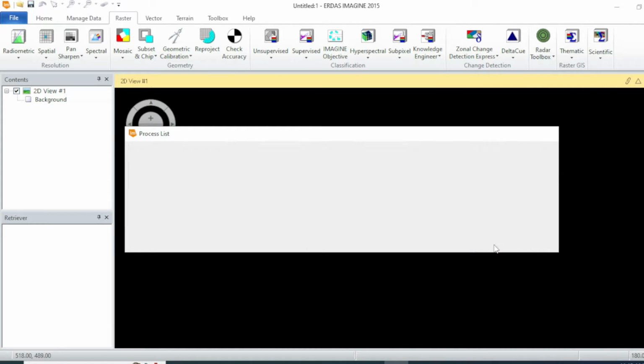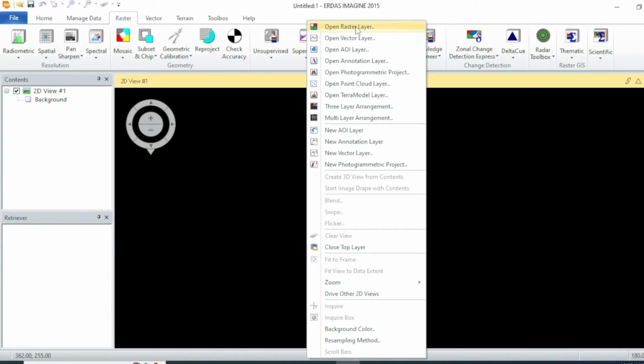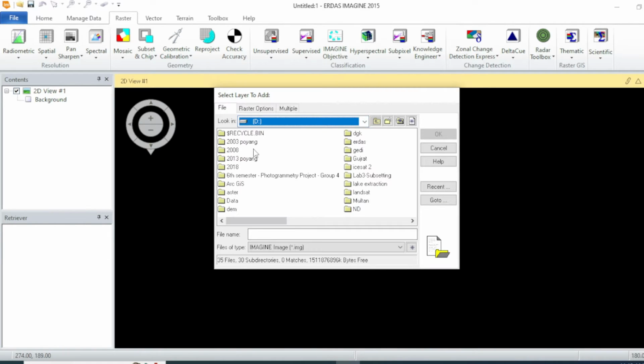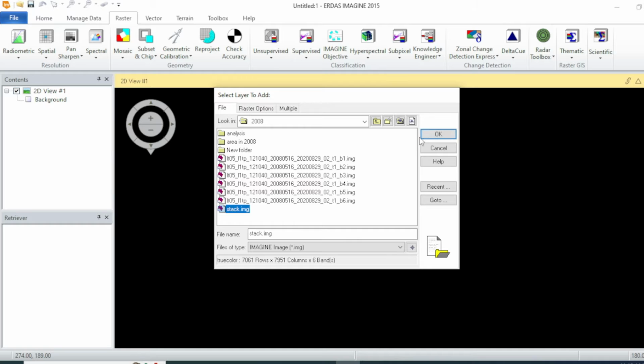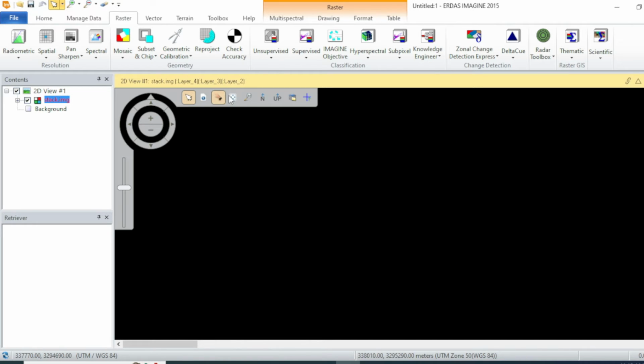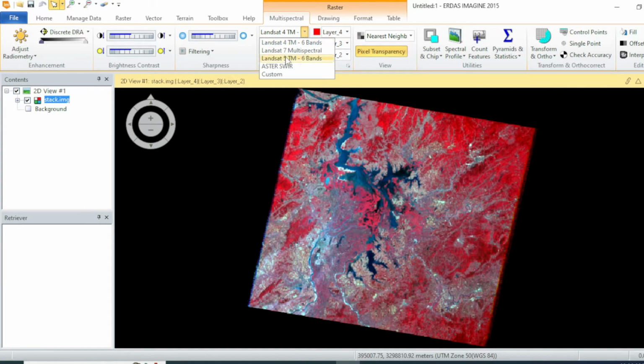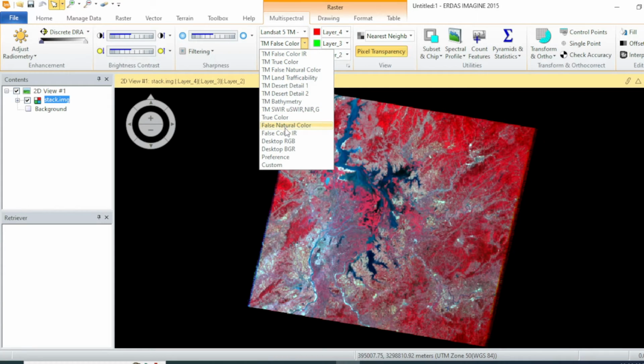Okay, once it's done, close this tab and right click on your layer, open raster layer, navigate toward your folder, select stack, OK, and fit to frame. And from Multispectral you can select your sensor, and if I select a natural color